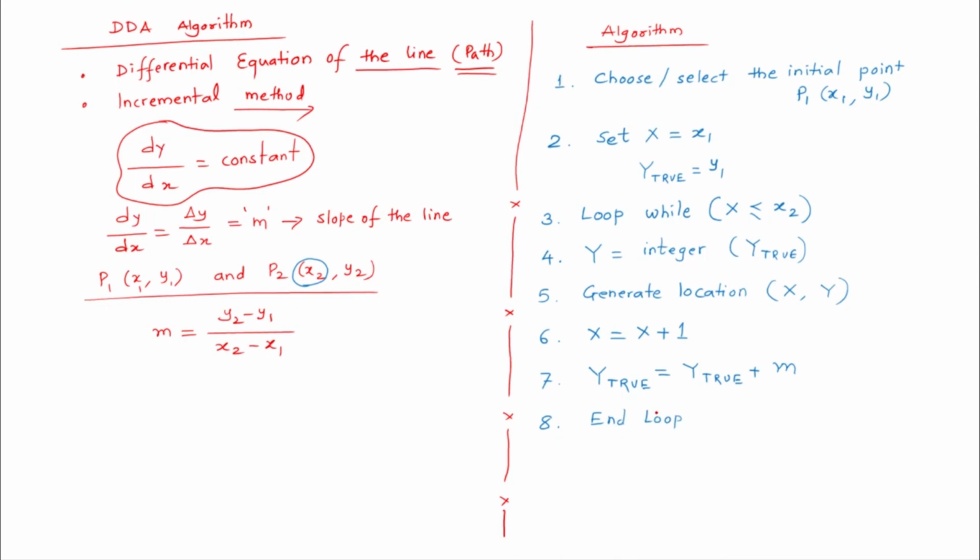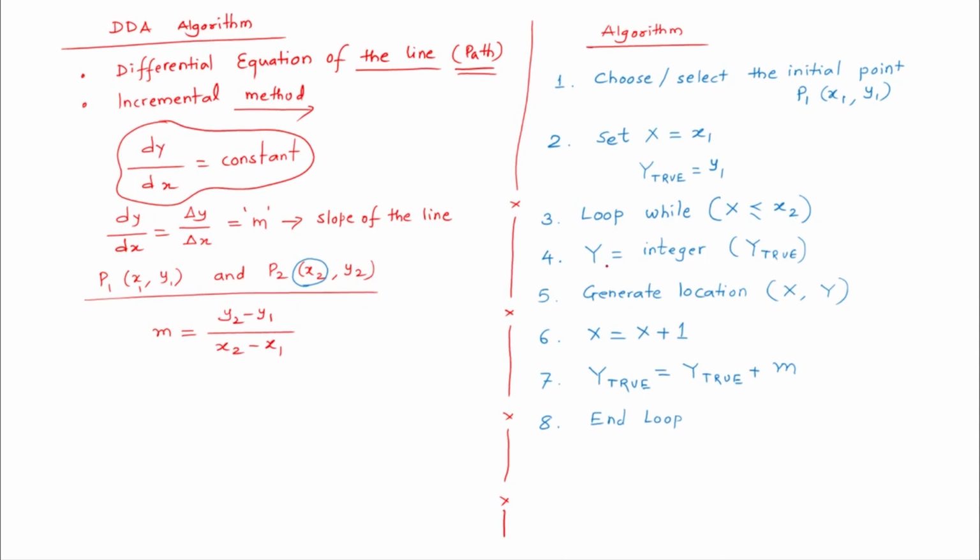So what we are doing here, we are taking the point P1, that is the initial point x1, y1. There is end point x2, y2. We are setting the capital X variable with x1, that is the initial position of the x axis, that is the point P1. Y2 is equal to y1. We are following a while loop. When the value of capital X is less than the x2 value, the x location or the x axis value of point 2,